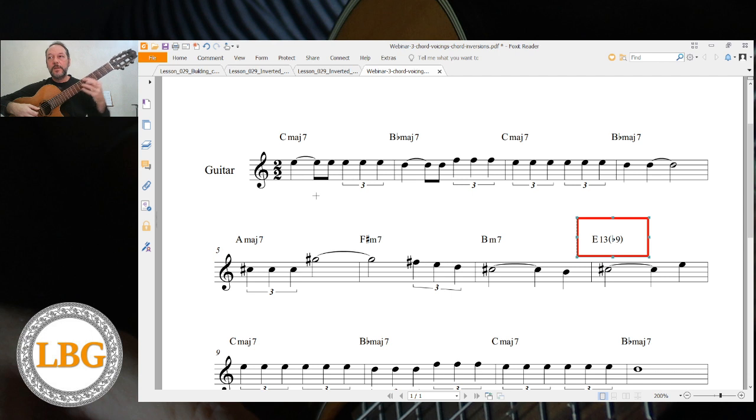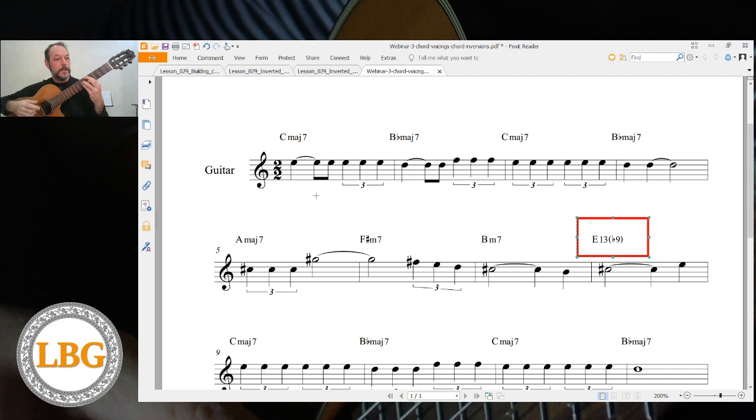If we played the A major 7 here, we get this melody on the top of the chords. We can, instead of playing here, we can play here, maybe. Then we were playing the B flat major 7 here, and then we play the A major 7 here. This is the melody,